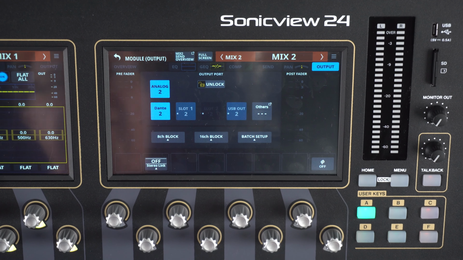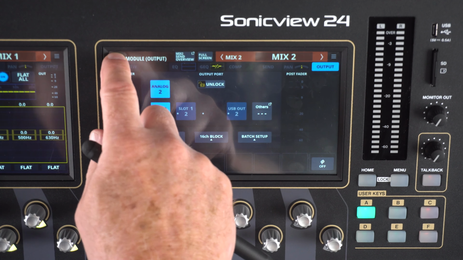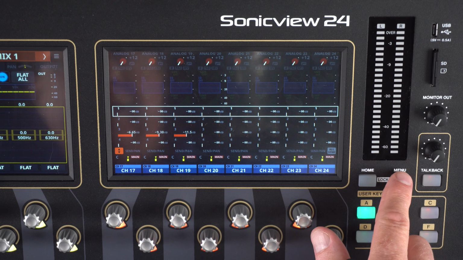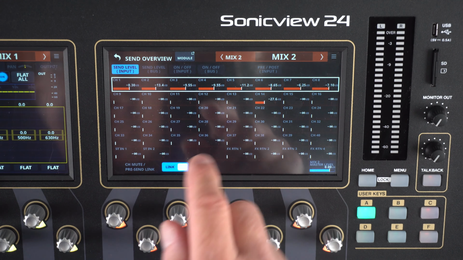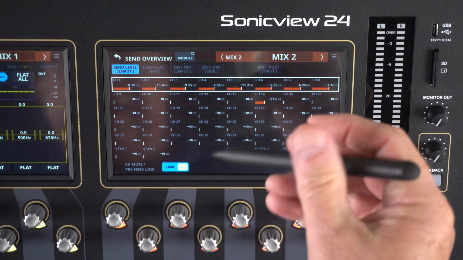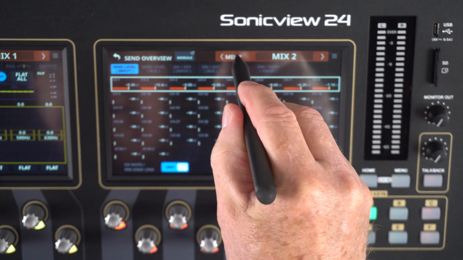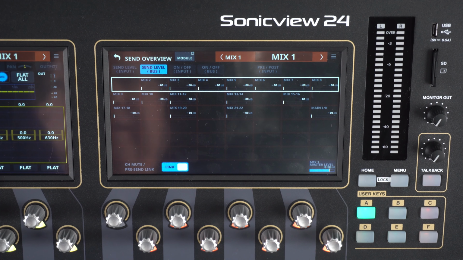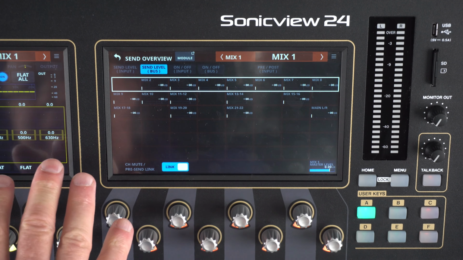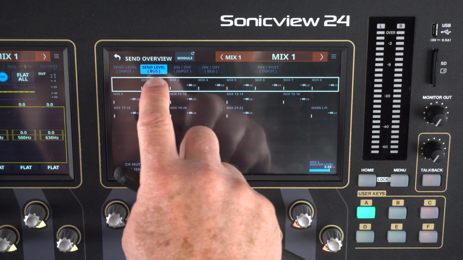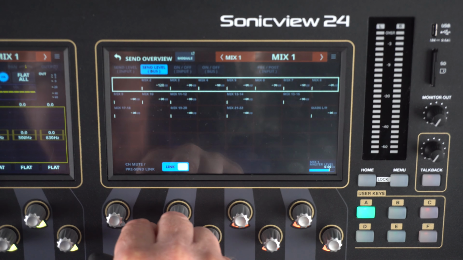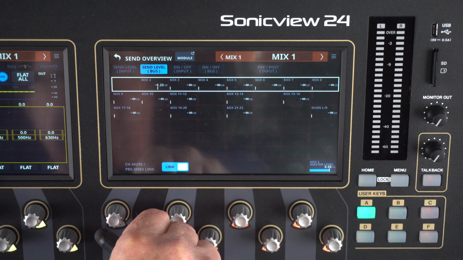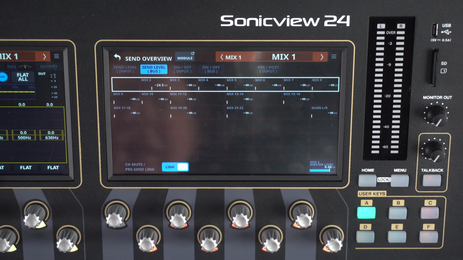So basically you have how mixes work. It's very powerful. One final thing I can do is, let me go back one here. Let's go to menu, let's go to Mix Send Overview. I can go back, let's say, to Mix 1, which I just did. And I can go to Send Level Bus. I can actually take my Mix 1, which is my vocals, and layer that, excuse me, I didn't need to touch that, with Mix 2, which is my drums, just slightly. So I can layer here, what I'm doing is a mix with a mix.